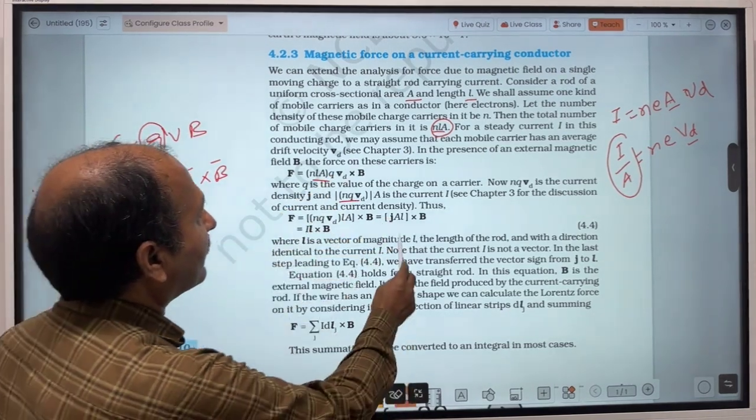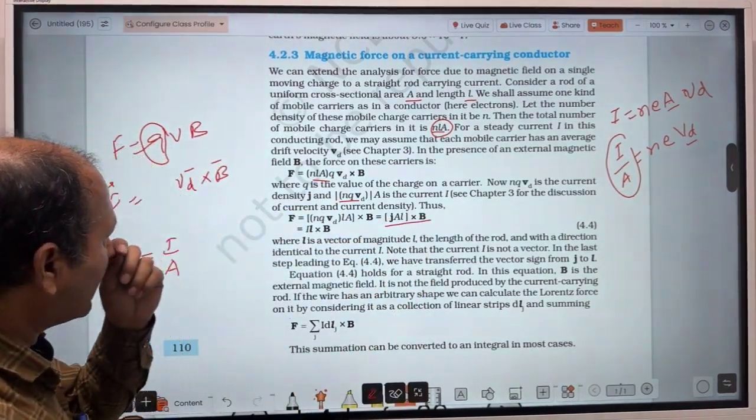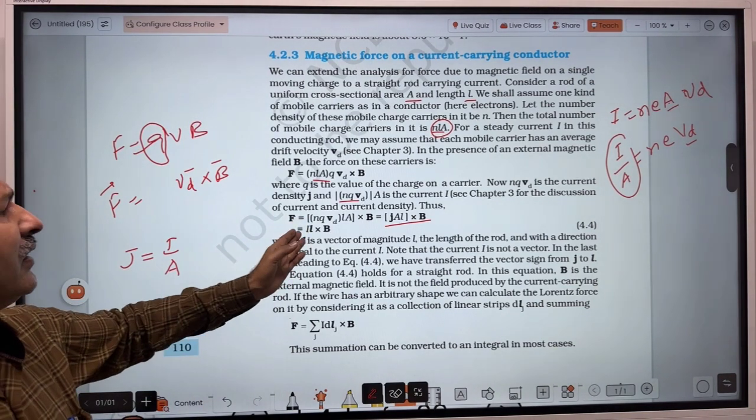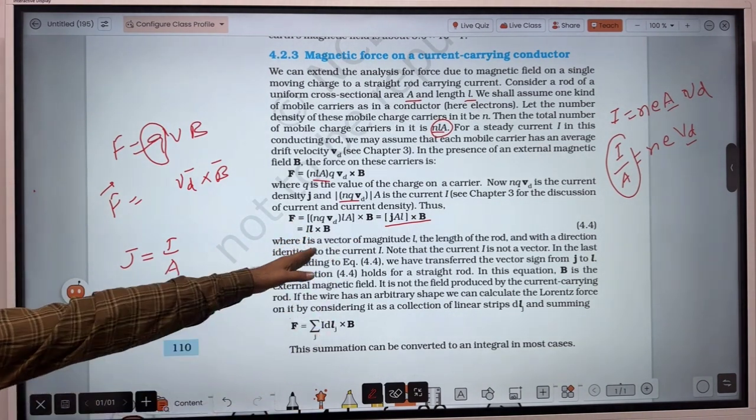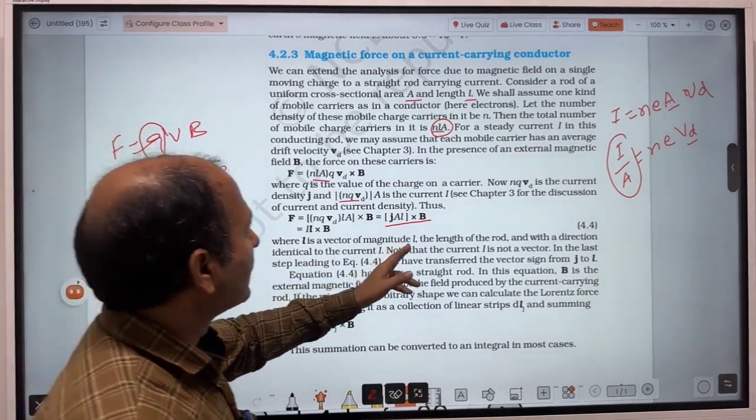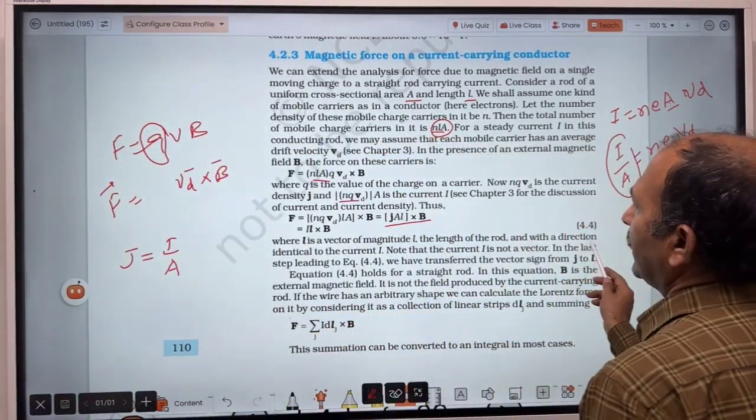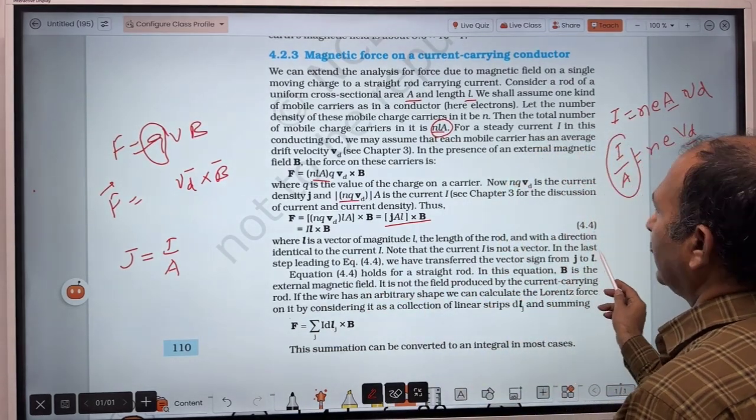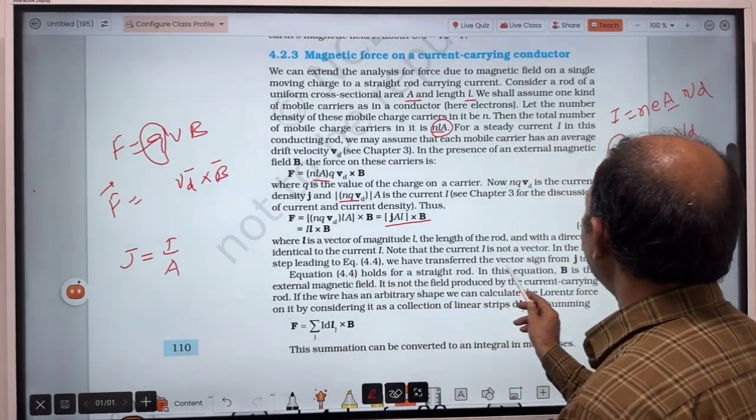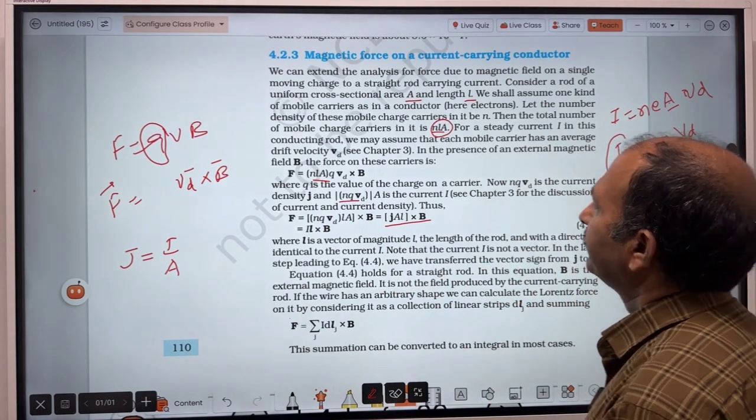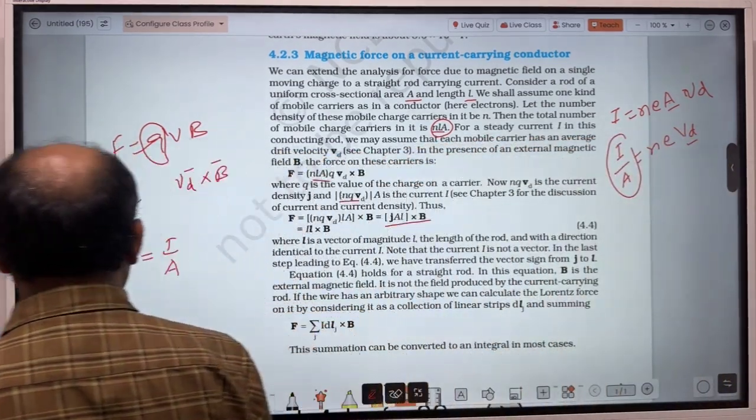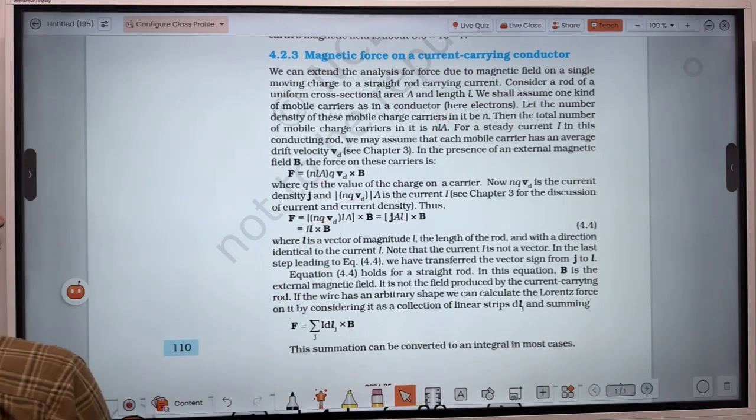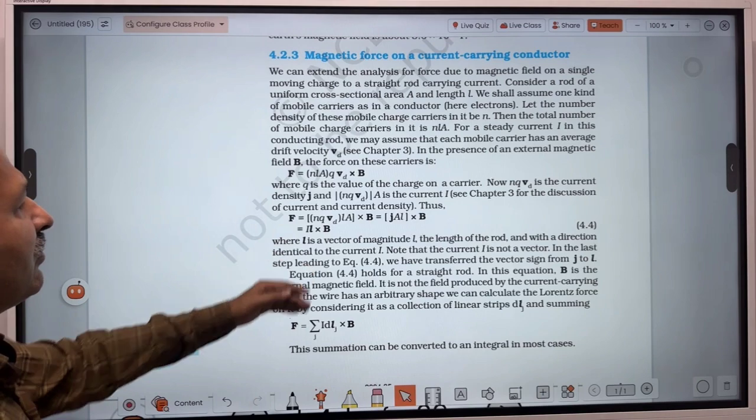So here we have got JALB, and then this can be further written as J into A, again it is I, so ILB. Where L is a vector of magnitude L, the length of the rod, with a direction identical to the current. Note that the current I is not a vector. In the last step, we have transferred the vector sign from J to L. So that is clear. So you have got the relation F equal to BIL in terms of vector, if you write it, so it will become